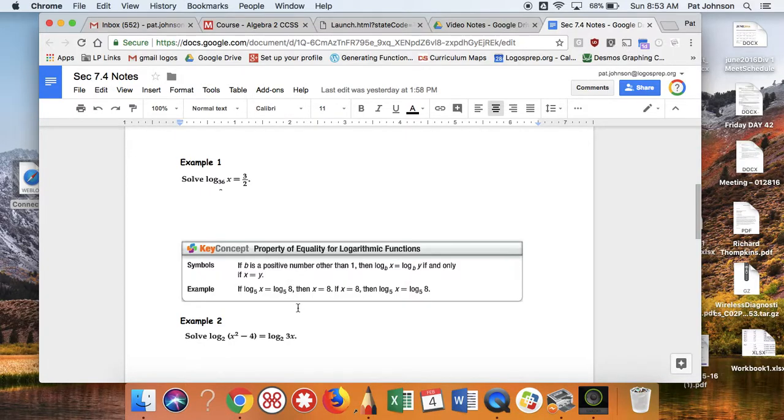So we had this with exponents, right? If our bases were the same, then those were equal if and only if the powers were equal. Here, logarithms, if you have a log on the left and a log on the right, they're equal if and only if they have the same base, they're equal if and only if their arguments are the same. So let's look at example 2